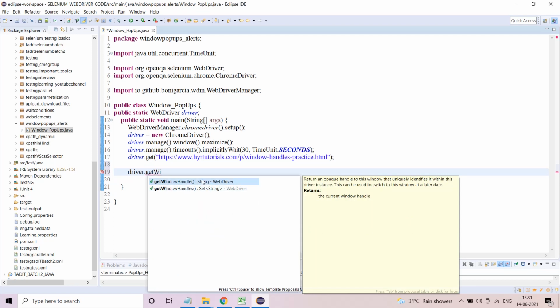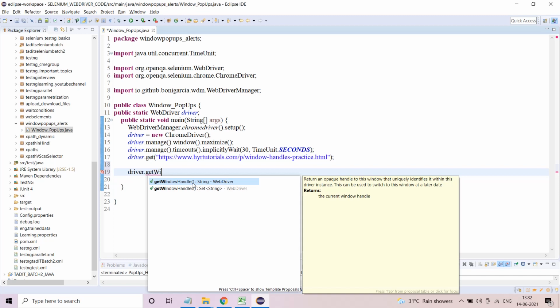One is get window handle, and the other one is get window handles. If you hover your mouse over get window handle, it says returns an opaque handle to this window that uniquely identifies it within this driver instance.